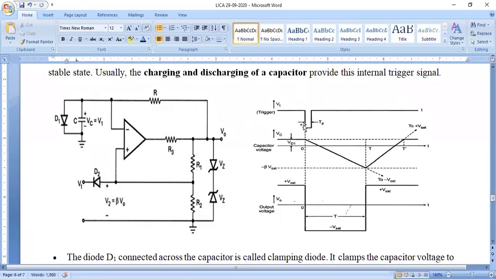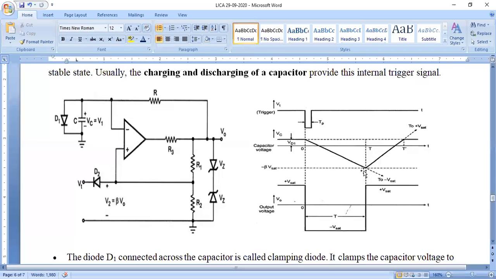See the condition before the negative shot: the capacitor is charging and the operational amplifier is in the stable condition. So in order to regain the stable condition, we apply this particular negative shot with the help of our triggering pulse. The capacitor keeps on discharging up to the lower threshold value.